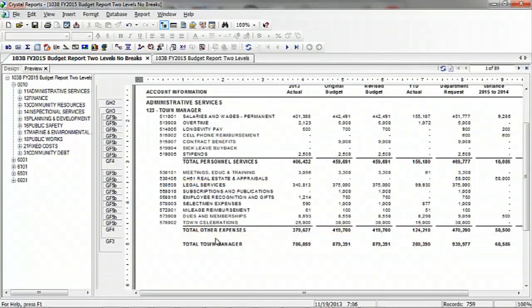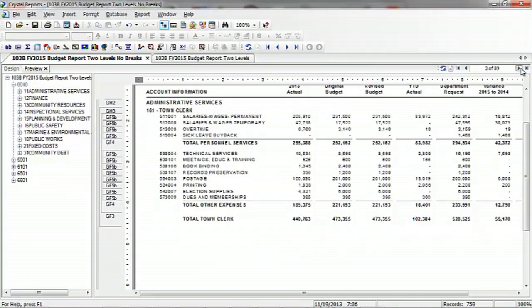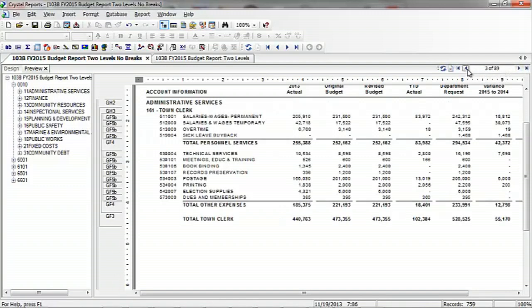So here we have our page break on town manager. And here we have our page break on human resources. And here we have our page break on total town clerk. And here are our totals for the town administrative services. We don't want to do that. What we want is we want to keep that total administrative services back on the end of the administrative section